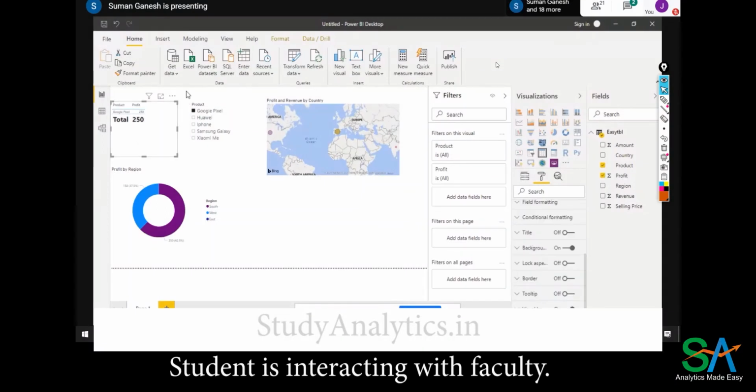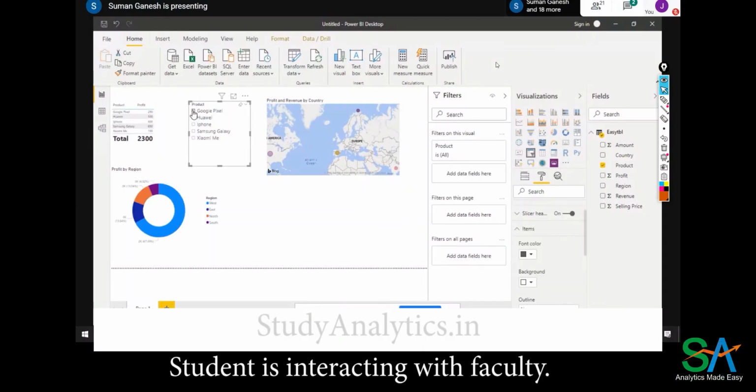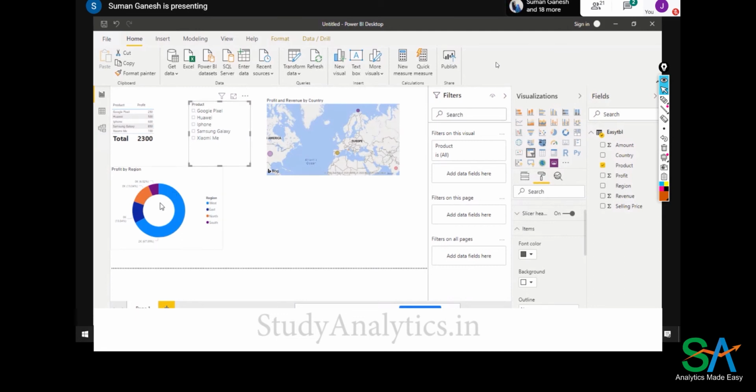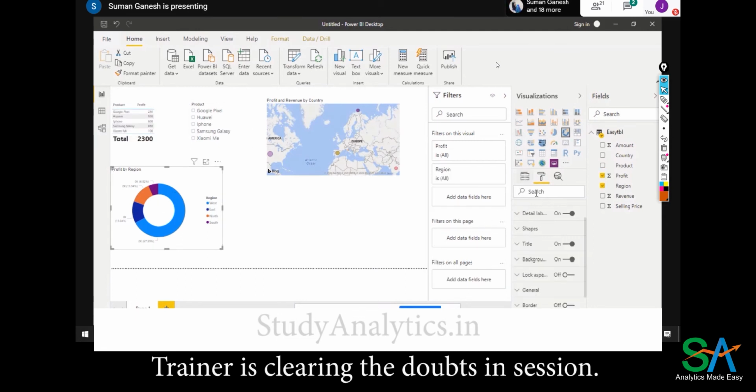Suman, how did you add in that between of donut that it was showing 19K? How did you add that? That also you have to do it in format only. Okay. Search all the, I want you to enable each and every option in the format and try it out.